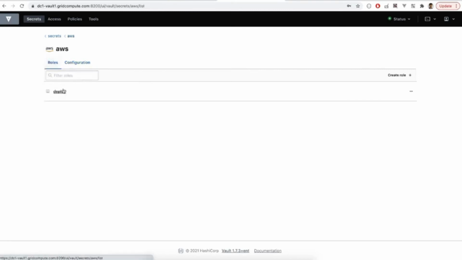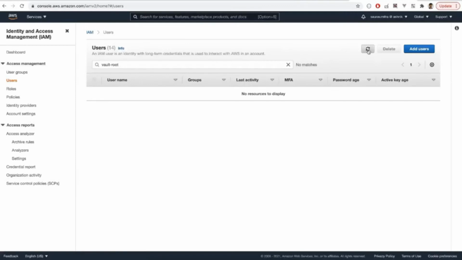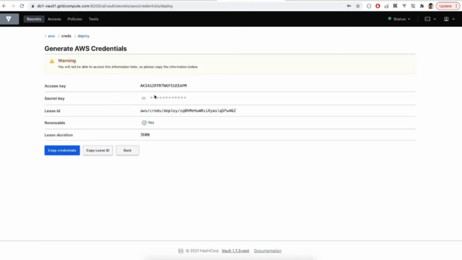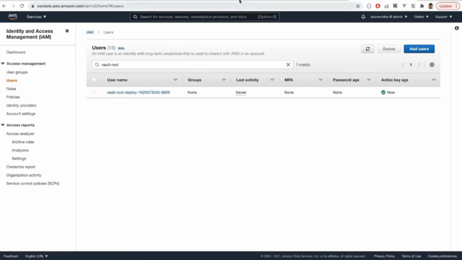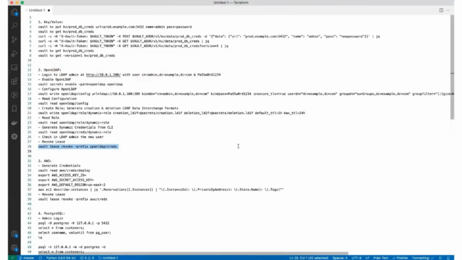So prior to that, this is our IAM user console in AWS. So currently we don't have any Vault managed user. Now Vault will generate a user dynamically. So let's check first in the console that we have an IAM user already been created, and now let's use this to query some of the AWS CLI commands and to see that the credentials have been created successfully by Vault.